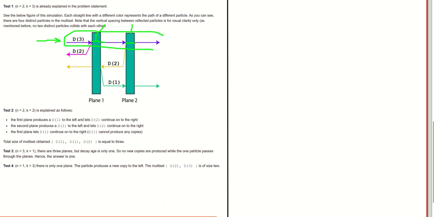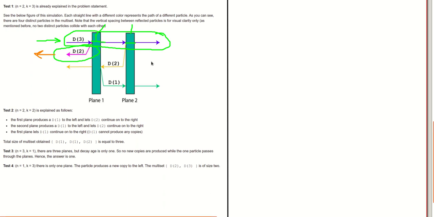But once it strikes the first plane, the first plane will produce a copy of the particle towards the left of decay age 3 minus 1, that is 2. This copy will move towards the left, and there is nothing left, so it can move freely. This will be the second particle.